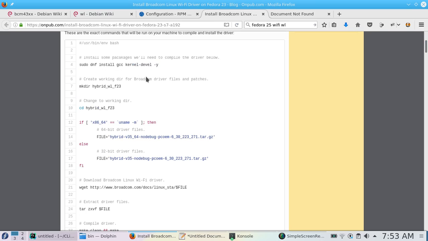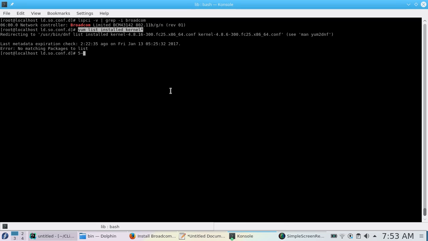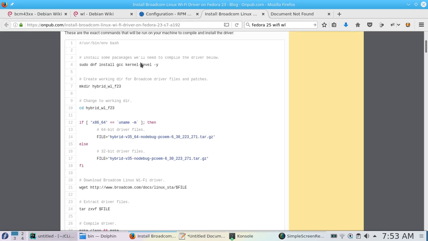One thing you need to do is get into root. Once you're root, you already know the kernel installed on your system. Never give install kernel-devel star. That is a mistake I see in this script, because he is installing all the GCC and kernel development packages,